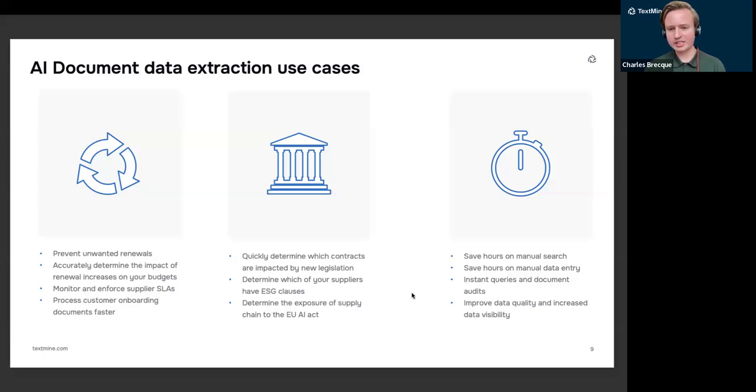So whether that's for KYC purposes or internal purposes, if ever your customers are completing documents or providing documents for review, AI can help with a lot of the checks that your internal teams might be going through to onboard these customers. And then finally, as I said earlier, you can respond to ad hoc queries, whether that's ESG related or another piece of legislation, whether that's GDPR or the EU AI Act.